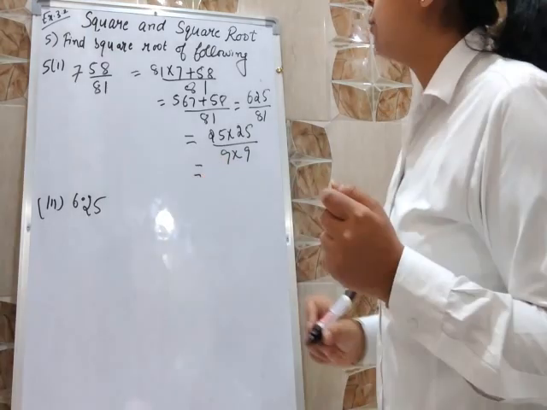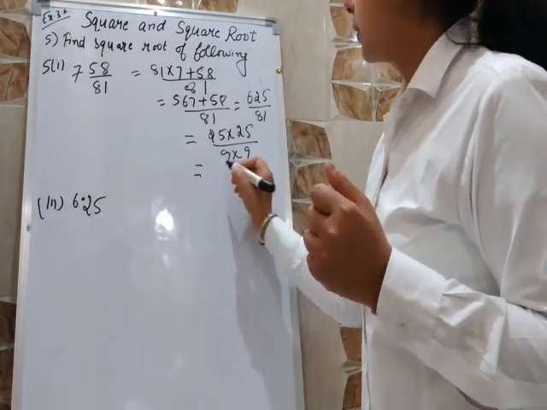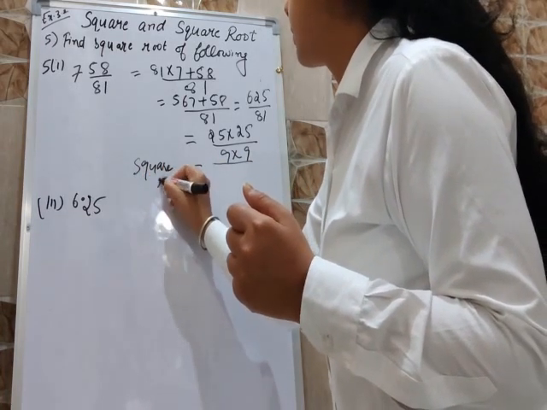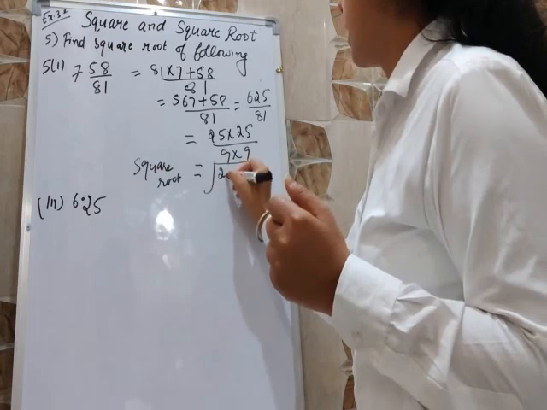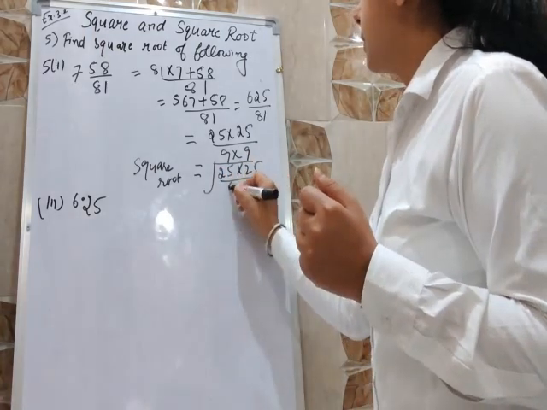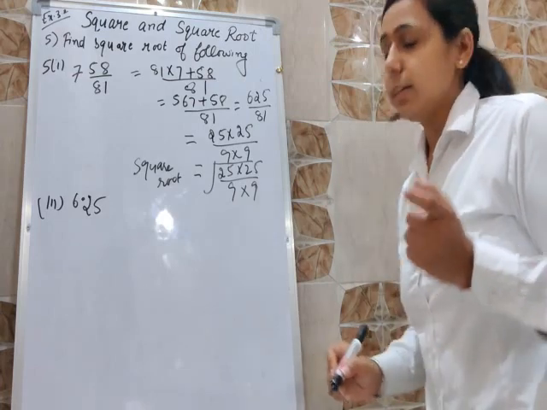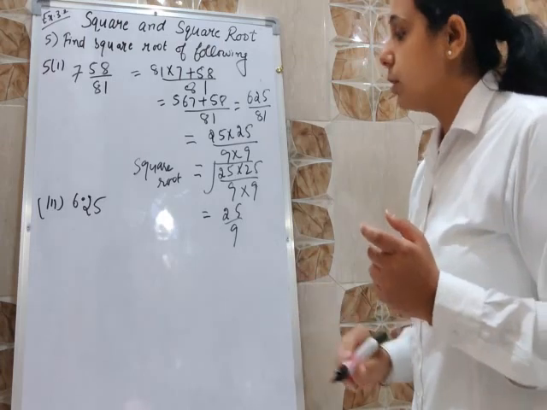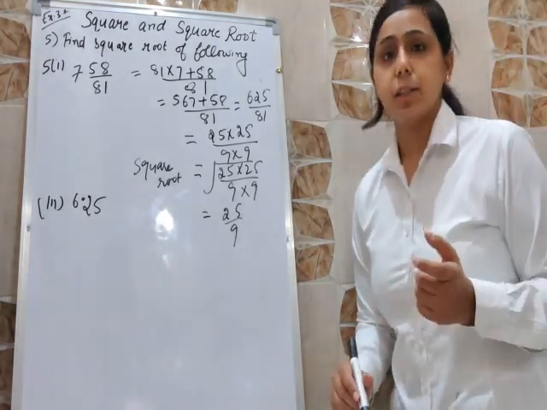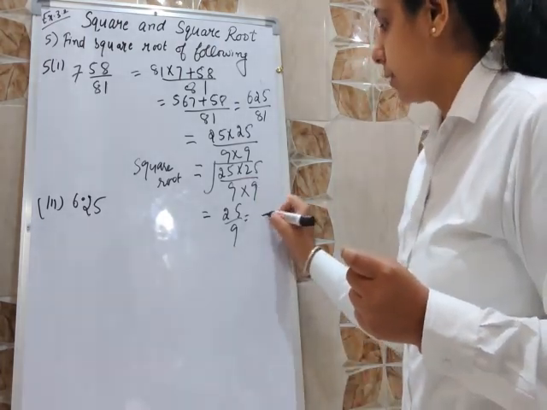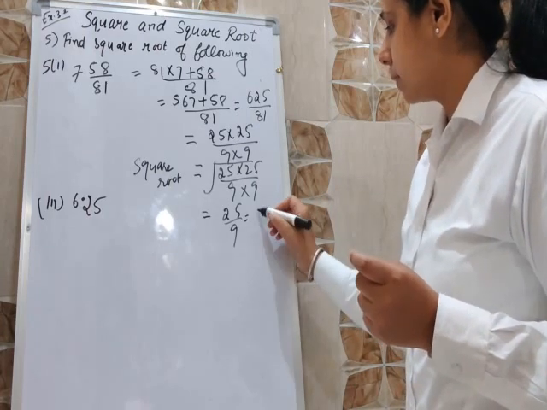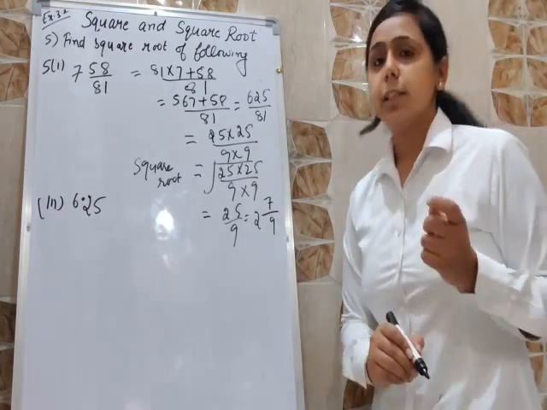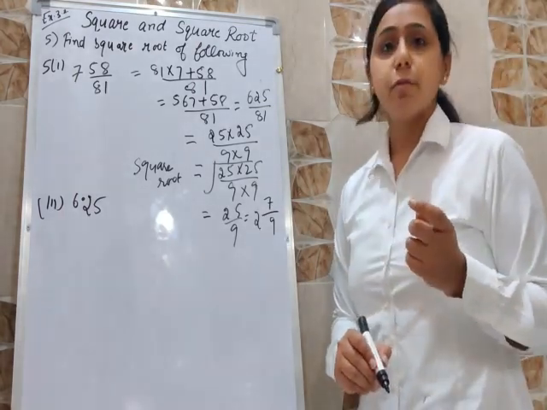So we have to find out the square root. That means you can write here a square root and 25 multiply 25 by 9 multiply 9. So what you will get here? 25 over 9. So the question is given in the form of fraction. You have to write in a mixed fraction here. That is 9 2s are 18, 18 or 7, 25. So this is the first part of the fifth question.